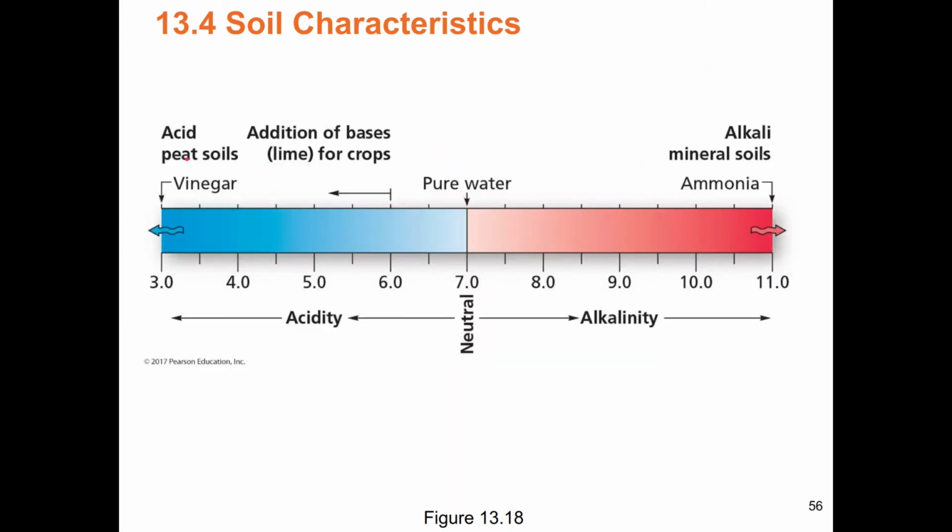pH, again, you could have a peat soil that would be as acidic as vinegar. You could have an acidic soil, again, with pine trees. Some desert soils could be too basic, too mineral, or too alkali rather. So you'd have to add acid. Over here you'd have to add bases like limestone to make it less acidic so that the nutrients would be available for plants.